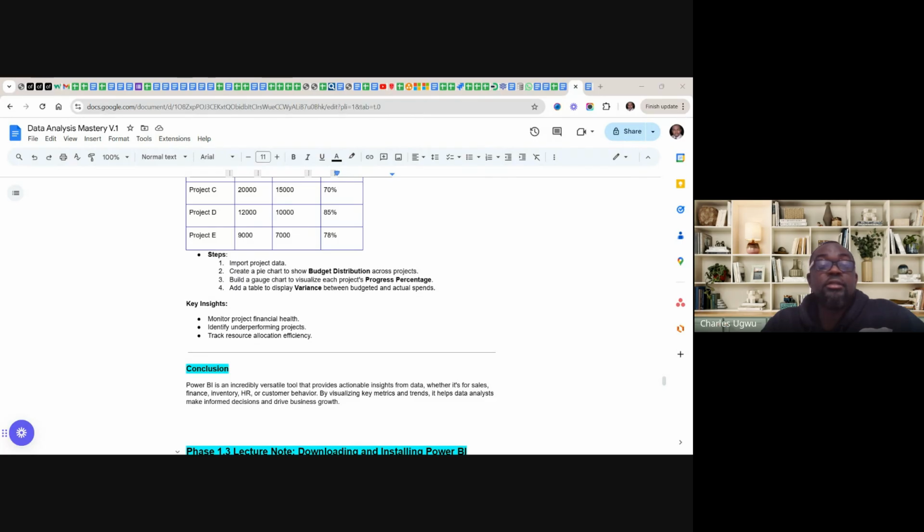And the next thing is let the action start by download, and that's what we are going to be focusing on tomorrow: how to make sure we get this downloaded on our desktop. It's free of charge, and then we start firing.